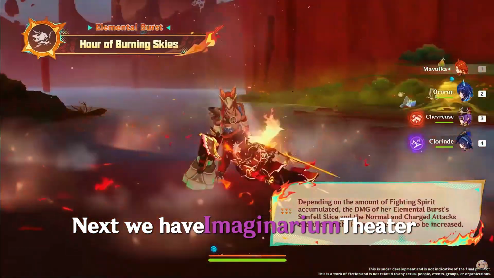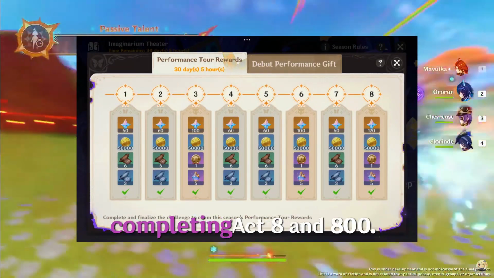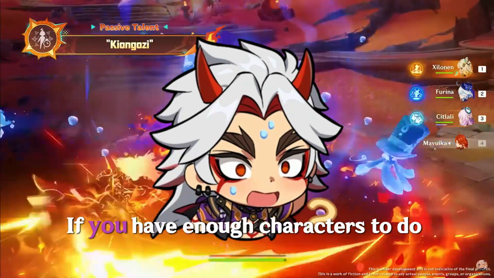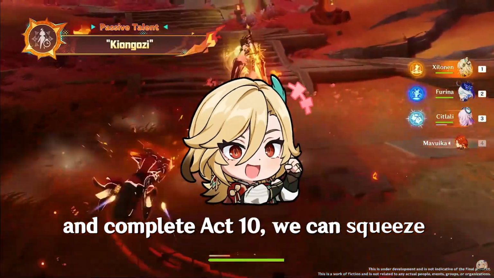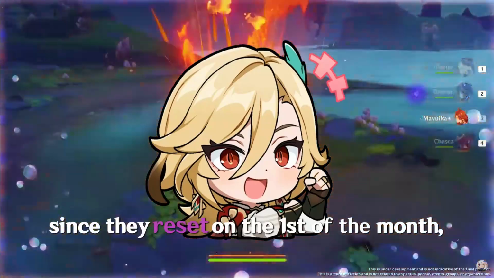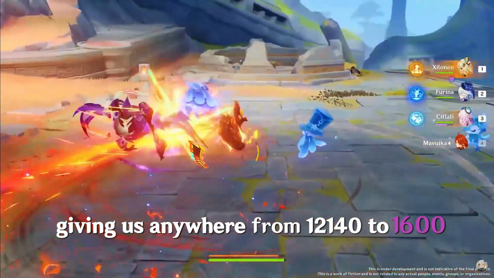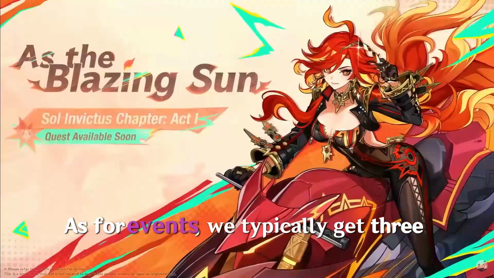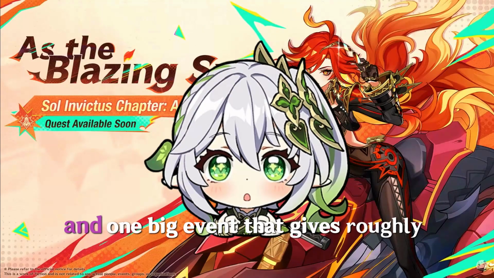Next, we have Imaginarium Theater, which gives us 620 primogems for completing Act 8 and 800 if you have enough characters to do Visionary mode and complete Act 10. We can squeeze out 2 seasons since they reset on the 1st of the month, giving us anywhere from 1,240 to 1,600 primos. As for events, we typically get 3 small events for 420 primos each and 1 big event